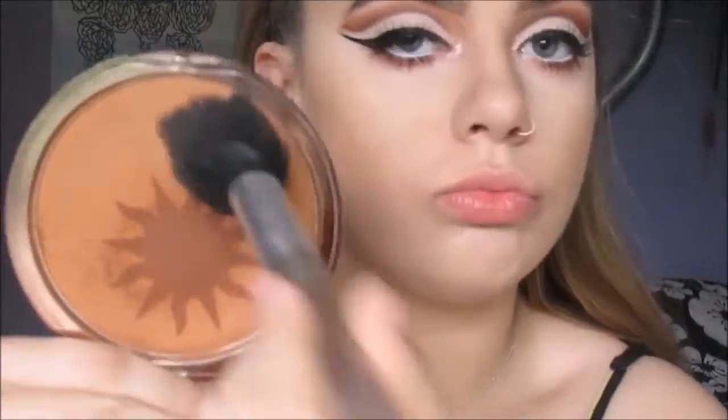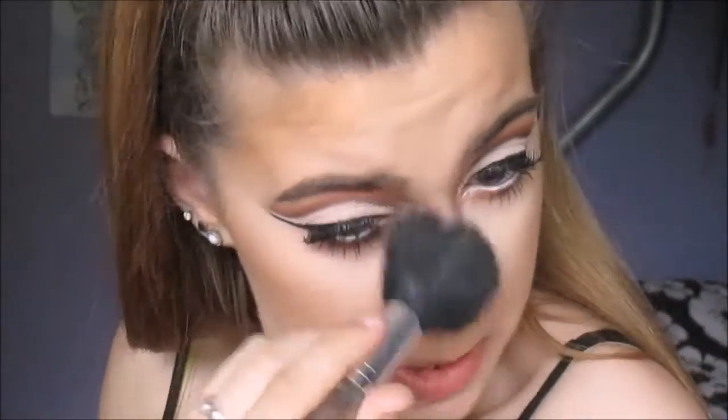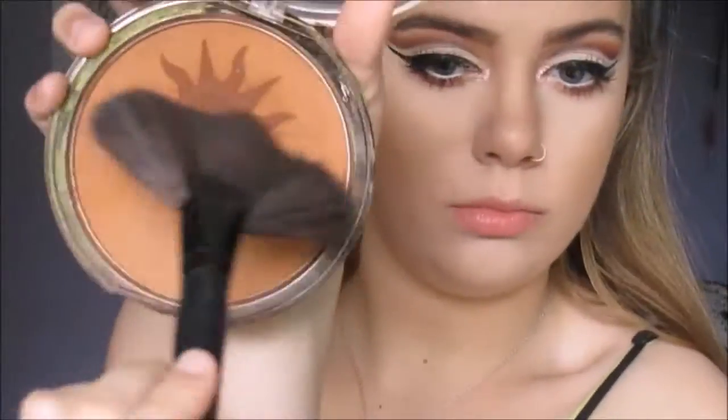So yeah, we'll be moving on to bronzing and contouring now, and I'll be using the Sunkissed Giant Bronzer in medium and bronzing my face with that. I'm just using a kind of powder brush. And then I'll be contouring with a big fan brush with the darker shade from the bronzer. Bronzing makes such a difference to my skin, oh my god, because I go from a ghost to like really